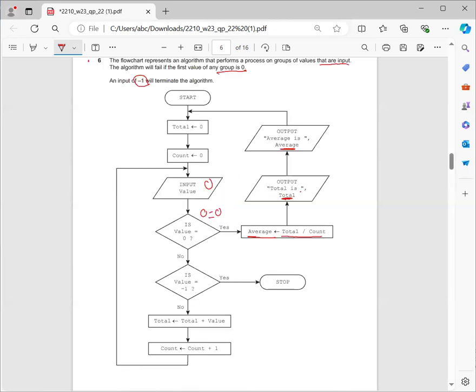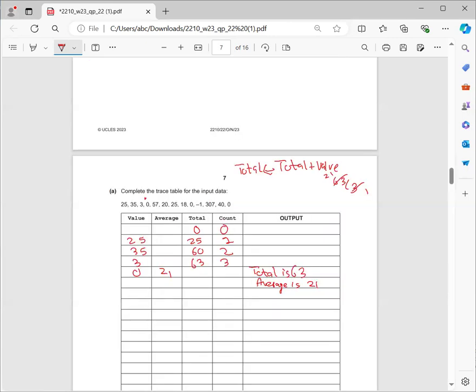Then it is starting from right here again. Total 0, count 0. I'm going to make them again 0, 0. So total is going to be 0, count is going to be 0. The next term right here is 57. So I'm doing it a bit quicker way, so it is easy for you. I hope that it's easy for you. 57, 20, 25, 18. So 57 is going to become here, and